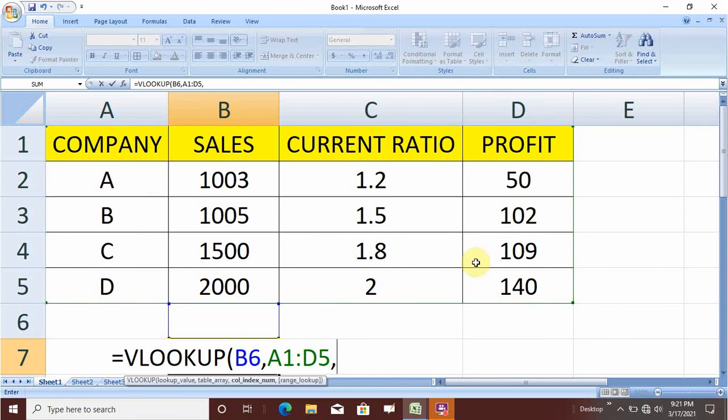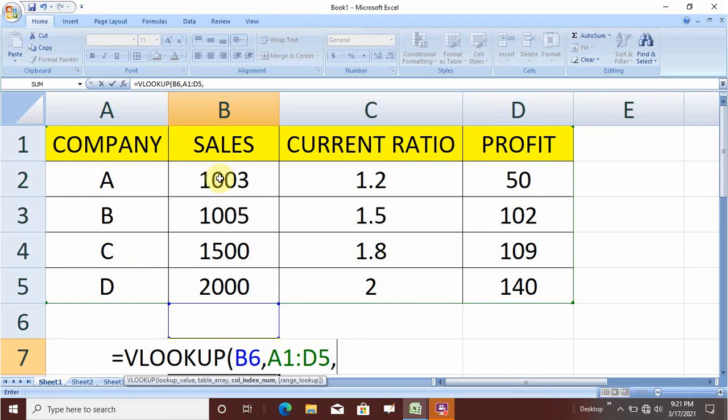Whatever set of data is given, first you number its columns. This is column 1, this is column 2, this is column 3, this is column 4. If the entire table is shifted, suppose to start from column C, don't get confused that A will be the first column and B the second column. No, whatever the first set of data is, that will be column 1. So here company is column 1, even if it is kept in the C column.